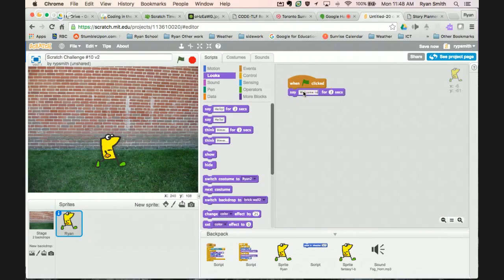Welcome to the amazing choose your own adventure game. Let's make that play for a little bit there. So once we've got that set up, let's go with a